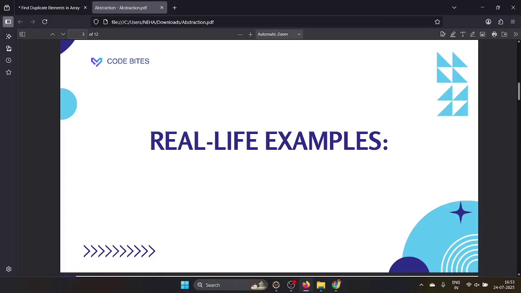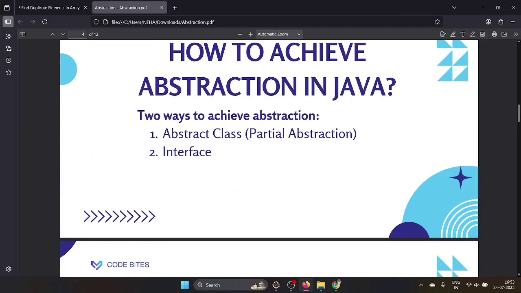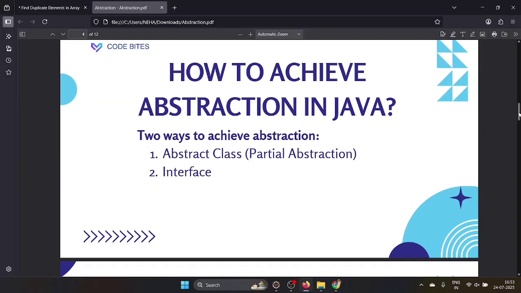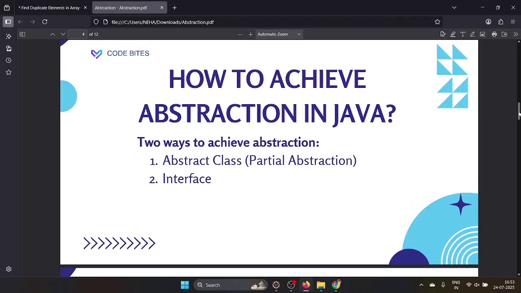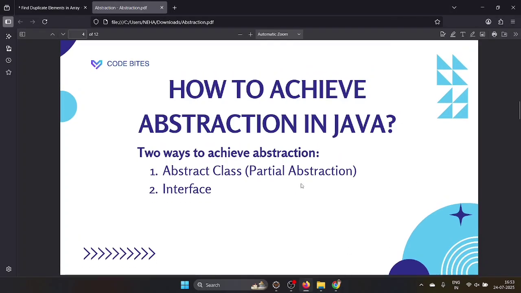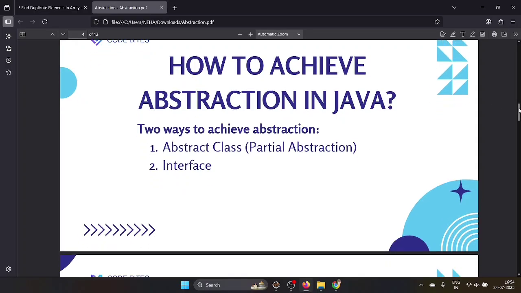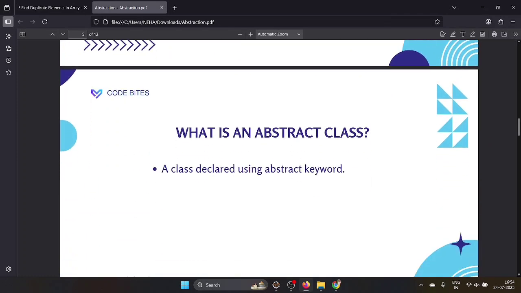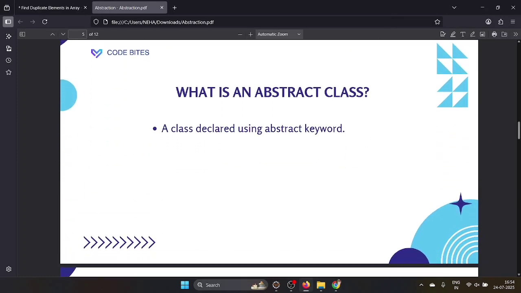In Java, we can achieve abstraction in two ways: using the abstract class, and using the interface concept. In the first class, we will learn the abstract class. In the second part, we are going to learn the interface concepts. So abstraction can be achieved in two ways, abstract class and interfaces. Sometimes both are asked in interviews, especially for freshers. So let's go and understand what the abstract class is.